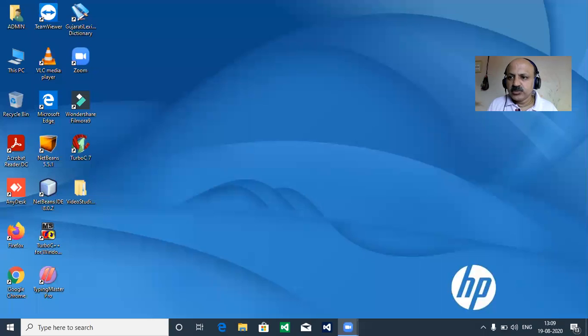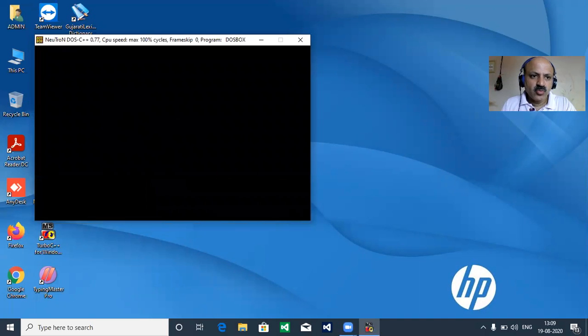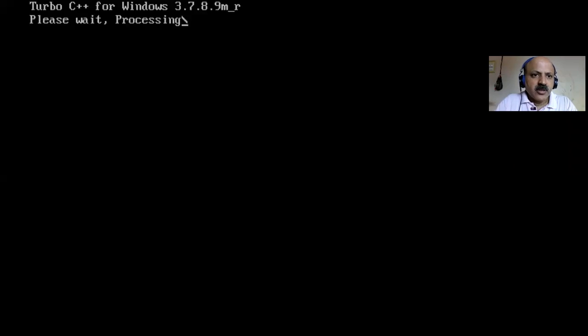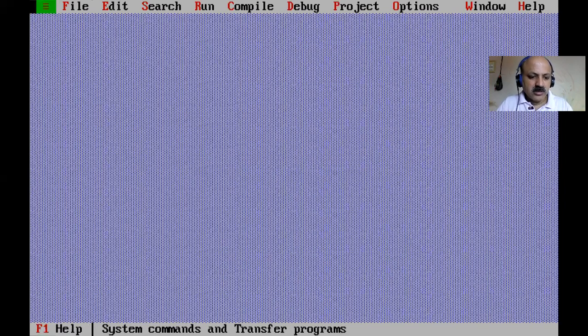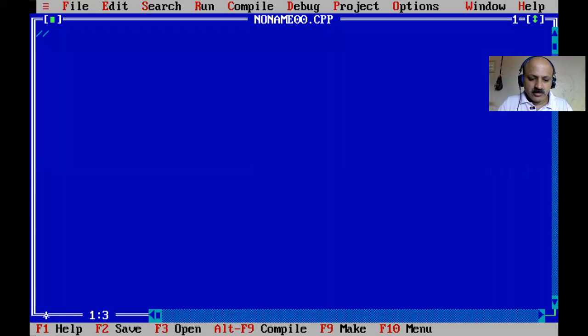So let us start. I first share my laptop screen and fix the position. Now double click to open the Turbo C++ window. It takes some time, and now it is open. Press Alt F and take a new file. And here, our concept, in a comment line,